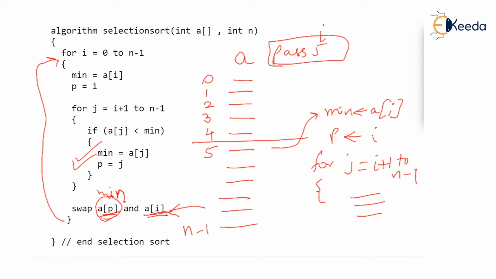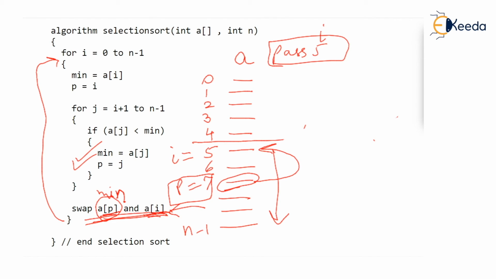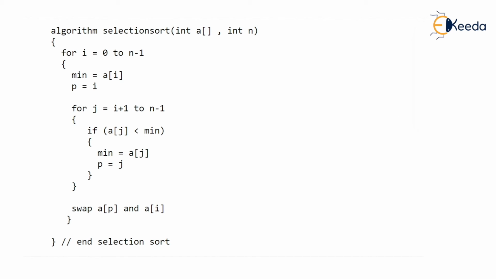So just assume that after running all this from 5 to n minus 1, we have found the minimum at 7th place. This is the minimum among all these values. And that means this is going to be p, isn't it? Position is going to be p. Are you understanding? Then the last thing we will do is swap this ap with ai. Notice i is 5. This is the fifth pass. So that's what has been written. Swap ap with ai. And after doing this, we are sure that everything up to fifth place is okay. Then we will go for pass number 6. That is, i will become 6 and the loop will repeat. I hope you have understood the operations of selection sort.